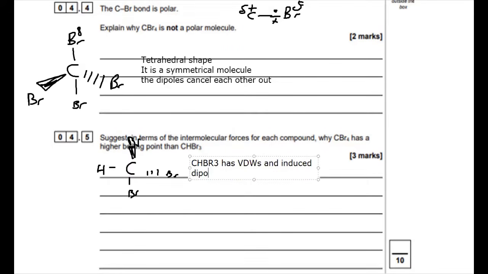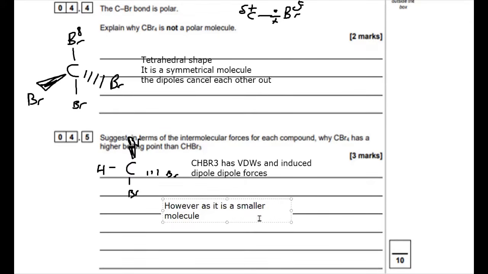induced dipole forces. So it's got both van der Waals and induced dipole forces. However, as it is a smaller molecule, smaller you say, isn't it the same size? Well, no, bromine's atomic mass is far greater, many times greater than a hydrogen. So CBr4 is a lot bigger. So, however, it is a smaller molecule than